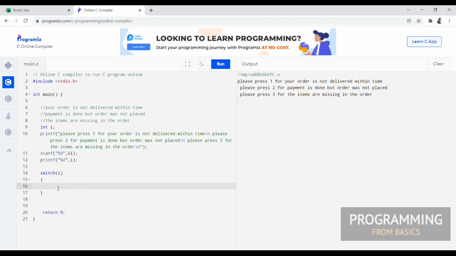If it is case 1, in the sense if the user wants to tell us that your order is not delivered within the time, then that becomes case 1. Why? Because for press 1, in the sense he presses 1, the value 1 will be stored in i. So for case 1, what's the issue? Your order is not delivered within time. So he pressed 1, and we need to tell the end user that